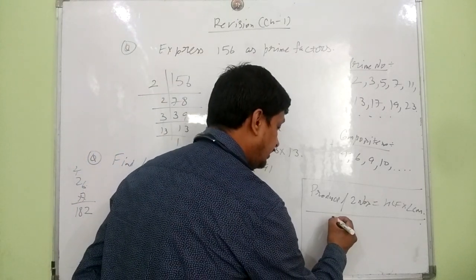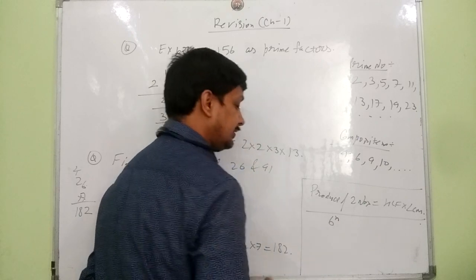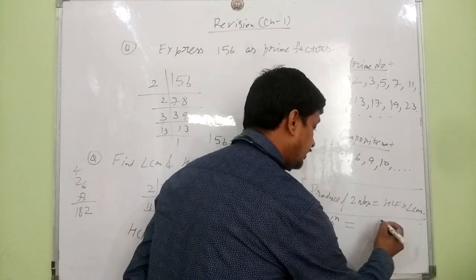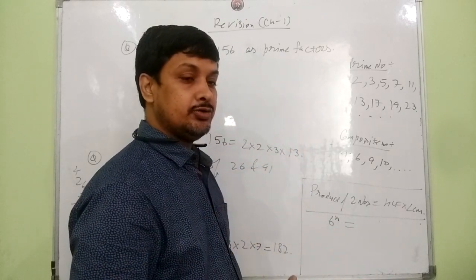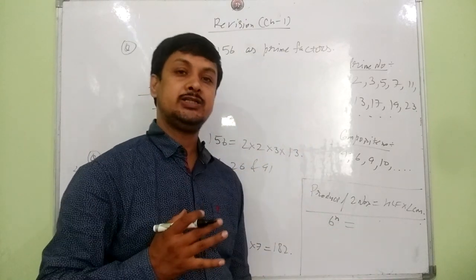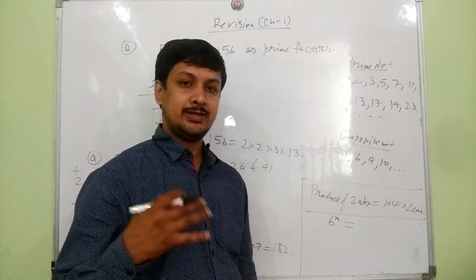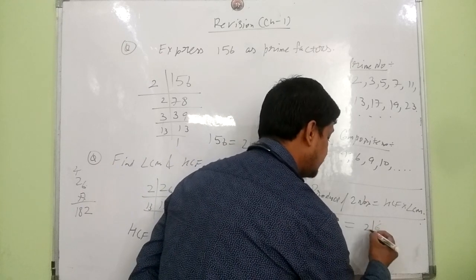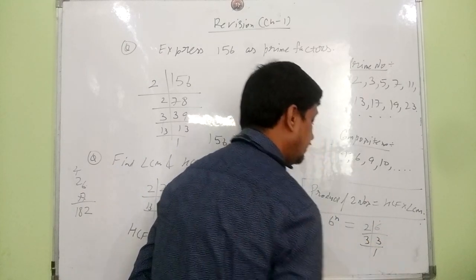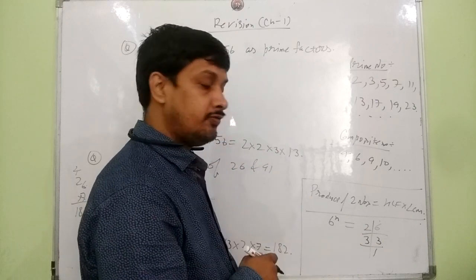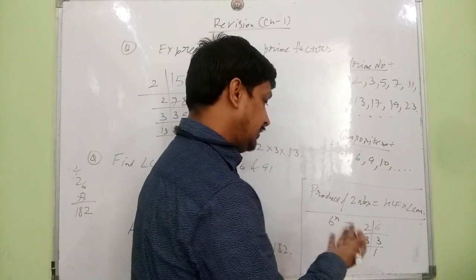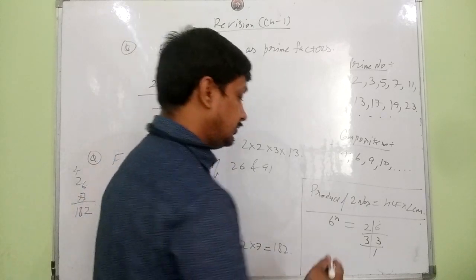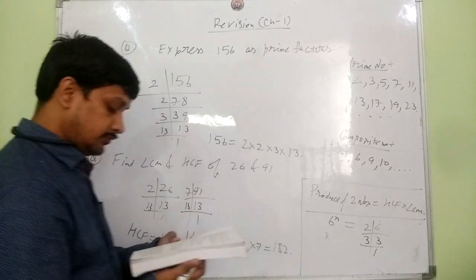Can the number 6 to the power n end in the digit 0? 6 to the power n. If a number is ending in 0, then its prime factorization must consist of 2 as well as 5. So let us check whether it has. Just prime factorize 6: 2 threes are 6, 3 ones are 3. So it has 2, but it has not 5. So 6 to the power n can never end in the digit 0. Okay.